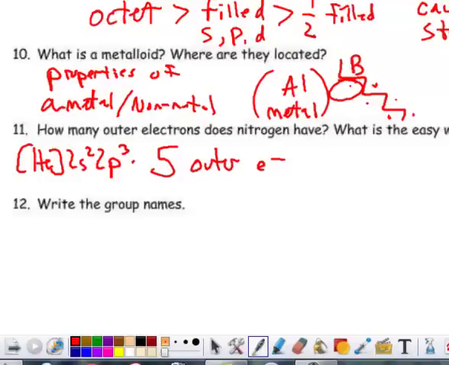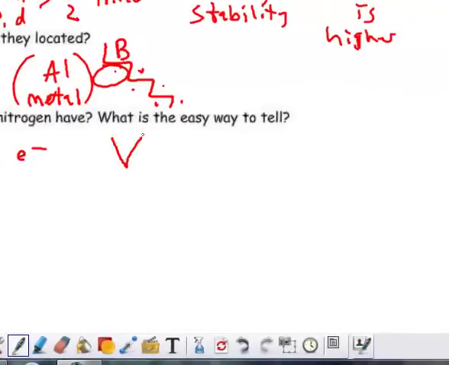But I showed you on the periodic table the old method of naming the columns or the groups, with Roman numerals and the letter A. Column 1 is Roman numeral 1A, which would have 1 outer electron. Well, nitrogen is in Roman numeral 5A. So the Roman numeral